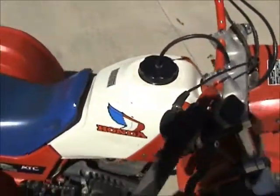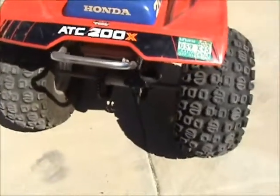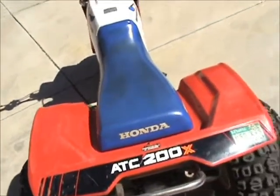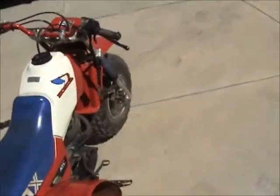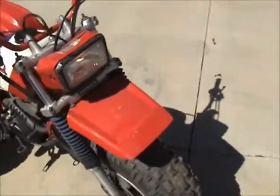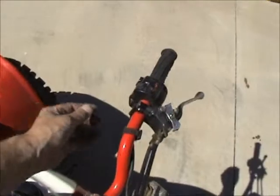One kick, they'll fire right up, sit there and run. They're just cool. A lot of fun to ride too, and we're fortunate enough here where we are that there's lots of open space in the desert to take these things out and play. So I'm actually looking for another one